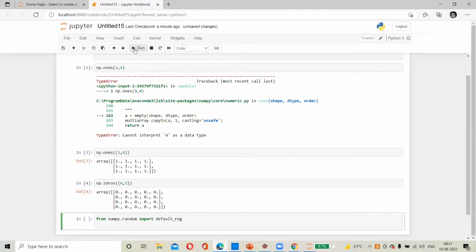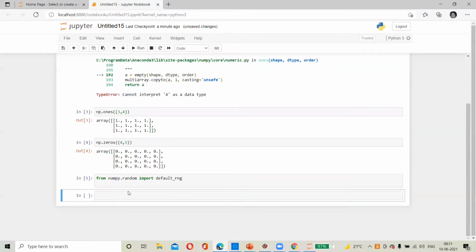So now we have this default_rng. The next thing we are going to do: rng is equal to default_rng. Now we have loaded the default RNG. What the default RNG is, we'll see.